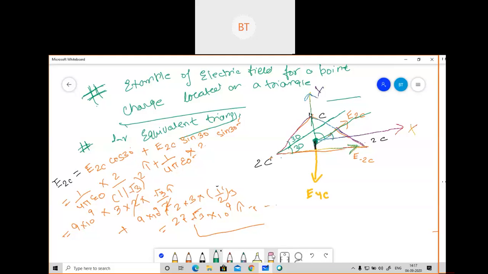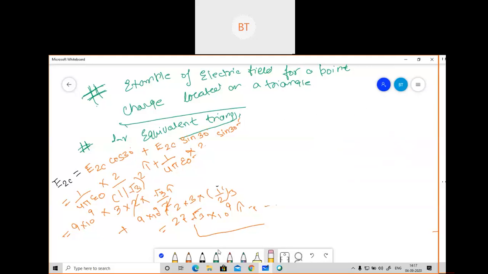I think it is not clear to you. The diagram is not clear. I'll try one more time, in a clearer way. If I am assuming this is our center, first of all, try to understand, because of this 4C the direction is downward, so I'll write plus 4C here. Because of this 2C, this will also be away, so I'll write E2C. Because of this minus 2C, that will be inside, so I'll write E minus 2C.